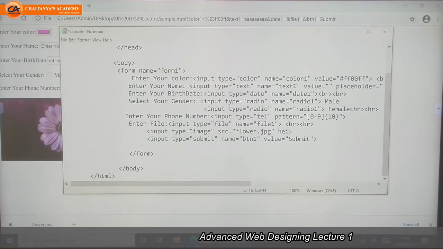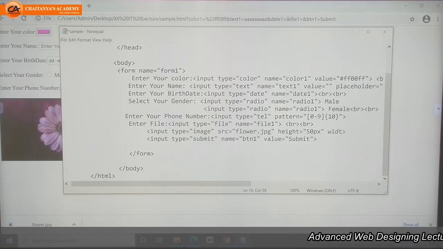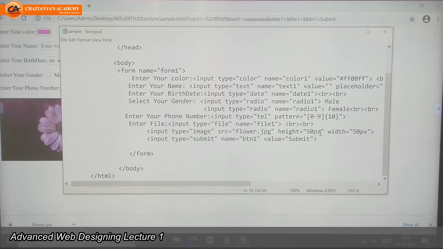That is height equal to, if you want, I give here 15 pixel, and width equal to 50 pixel.